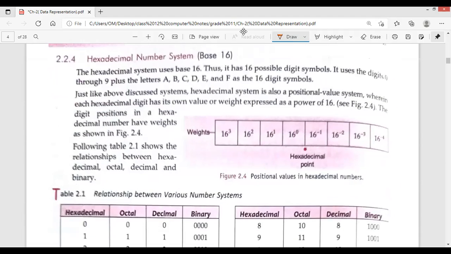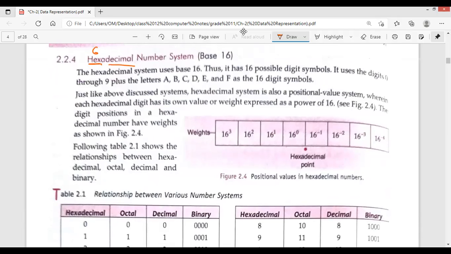Next one is the hexadecimal number system. Hexa, 6, decimal 10, 16. So the base here is 16. And how do we represent the numbers? From 0 to 9 as it is in decimal. After 9, when you are representing 10 to 15, 10, 11, 12, 13, 14 and 15, these are not represented as numbers. 10 is called A, capital A, not a small a, be careful. B, capital C, capital D, capital E and capital F.